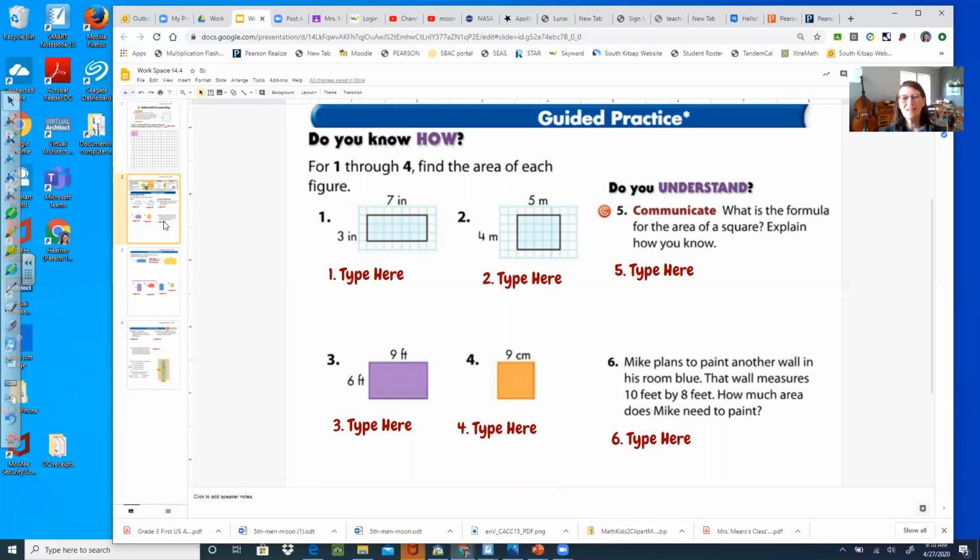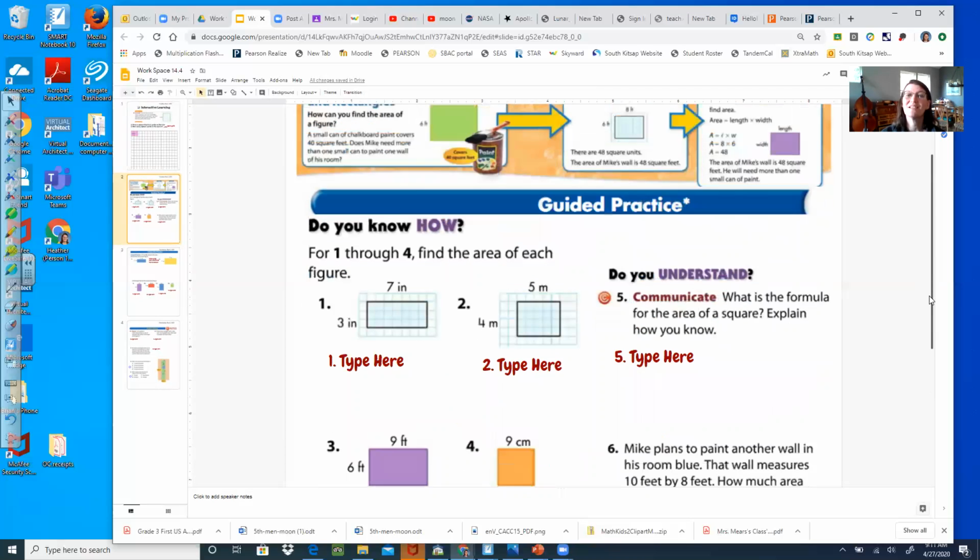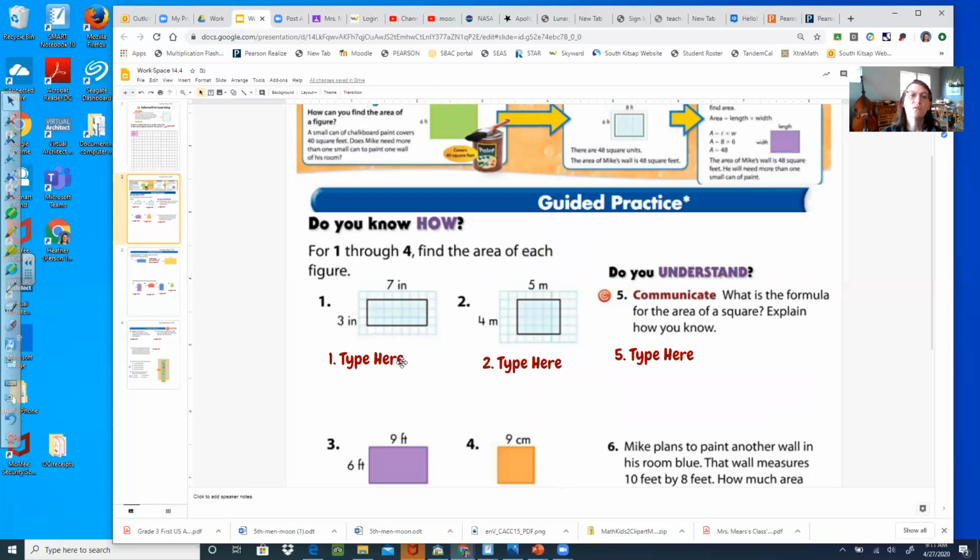So I know these are low enough numbers that you could touch and count, but the whole purpose of today's lesson was this formula, area equals length times width. So we are going to practice that. So number 1,